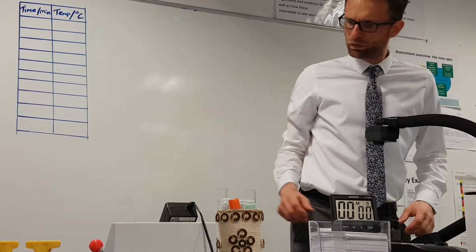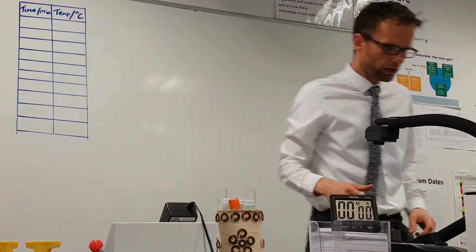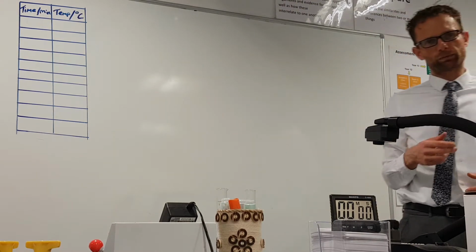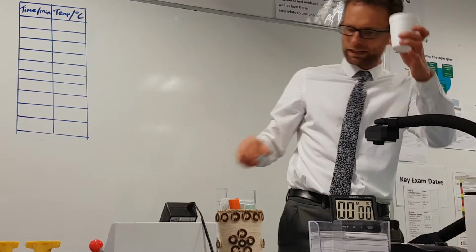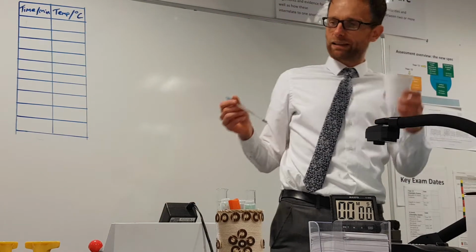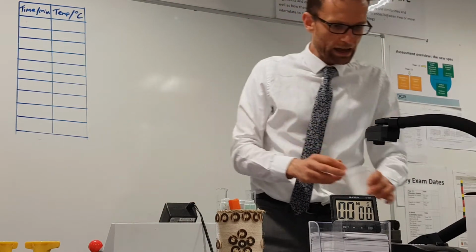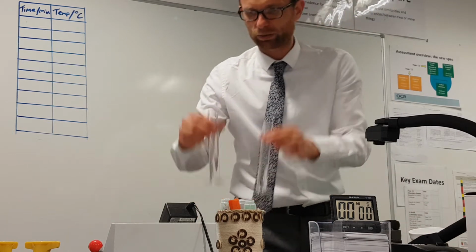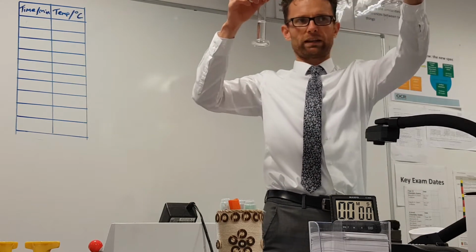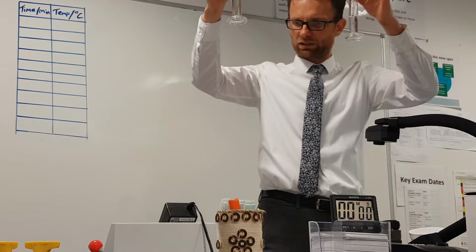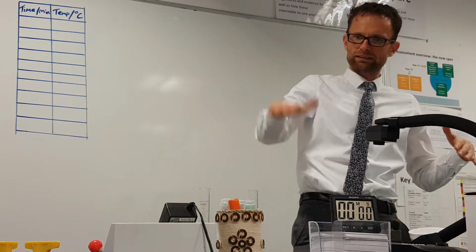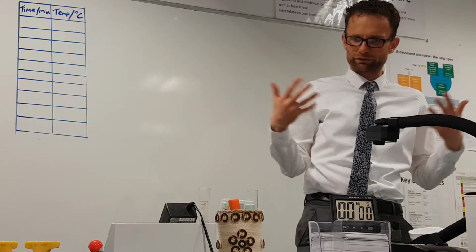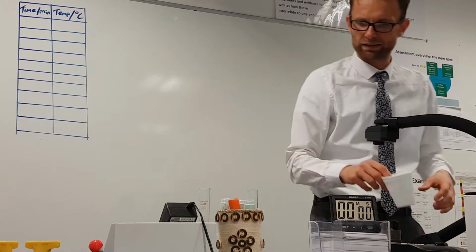Okay, everybody, I'm going to take you through PAG 3.1, which is the determination of the enthalpy change of neutralization. So what you're going to use is a polystyrene beaker and a thermometer, and here I've got 25 centimetre cubed of some aqueous HCl and some aqueous NaOH. And we're going to mix them and study the temperature increase, and from that we can determine the enthalpy change